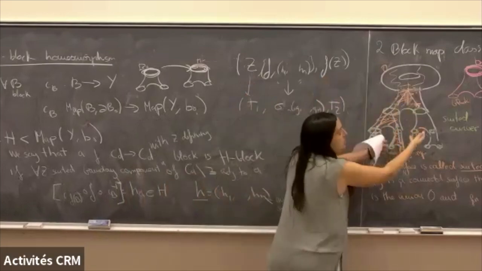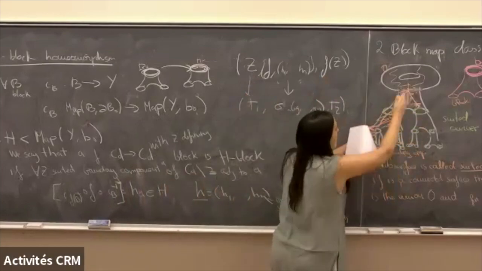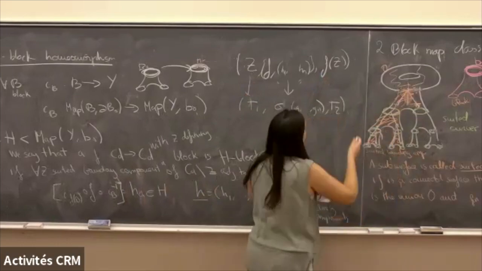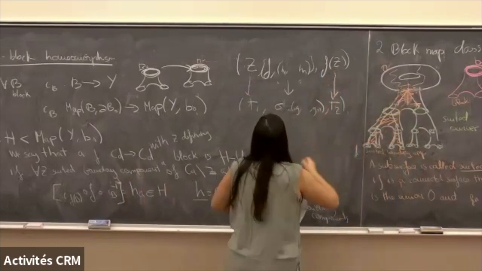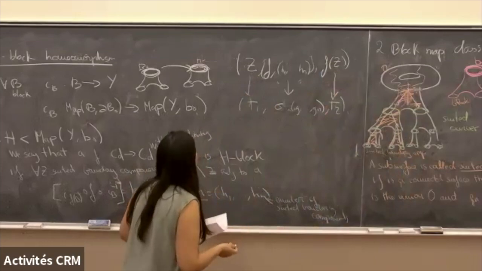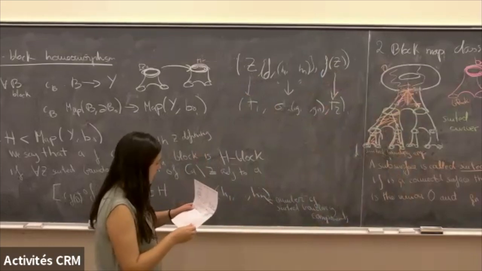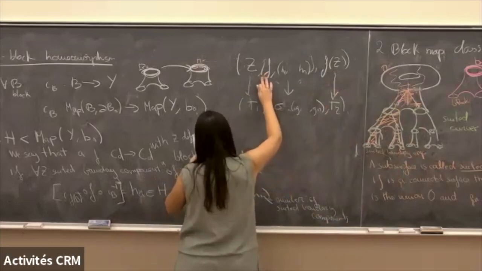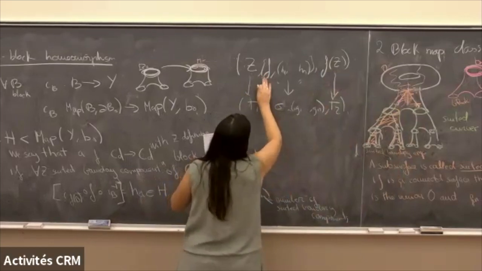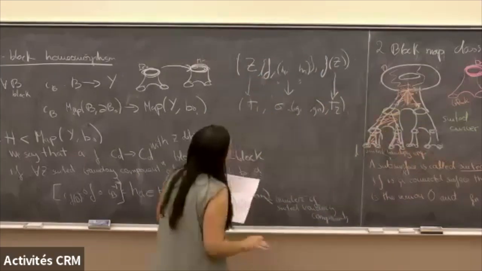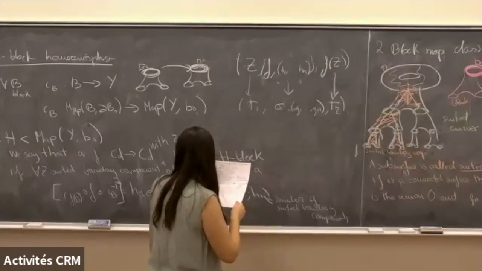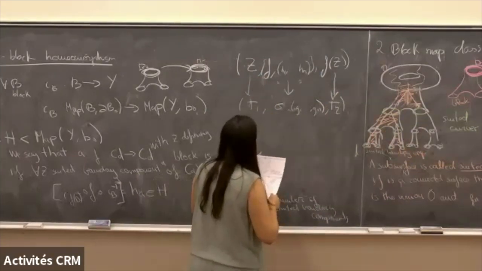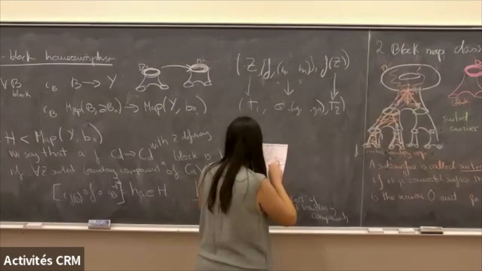F of Z is also suited, so you also have an obvious tree that you can have. Then for F, just keep track of the